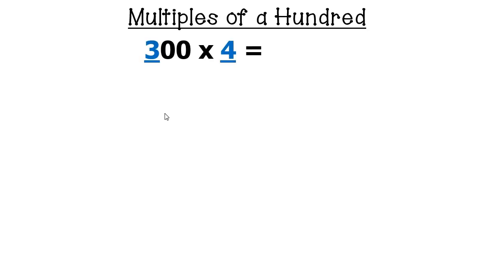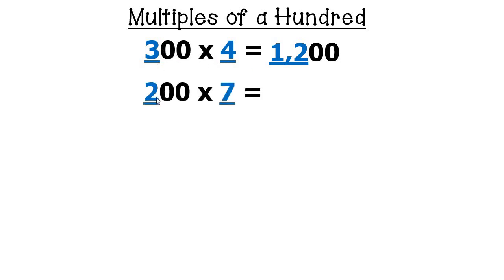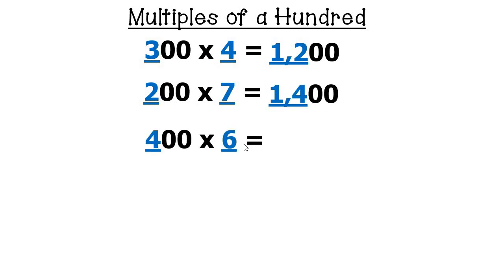So let's try it with a couple different numbers so you can see it. If I multiply 300 times 4, I'd figure out 3 times 4 is 12, and then stick 2 zeros at the end since I'm multiplying by hundreds and it's in the hundreds place. 200 times 7 is 2 times 7 is 14 with 2 zeros, 1,400. 400 times 6 is 4 times 6, that's 24, with 2 more zeros,